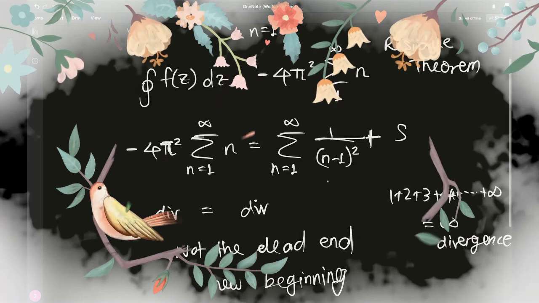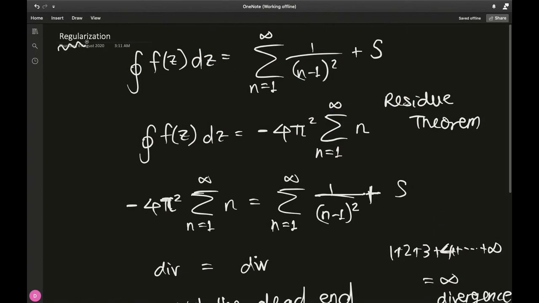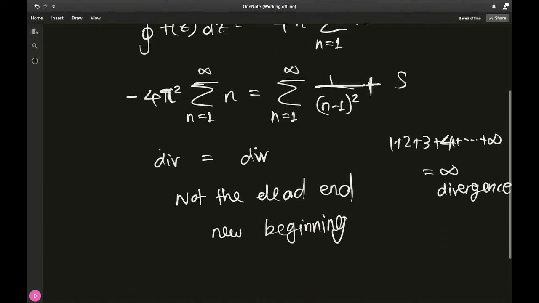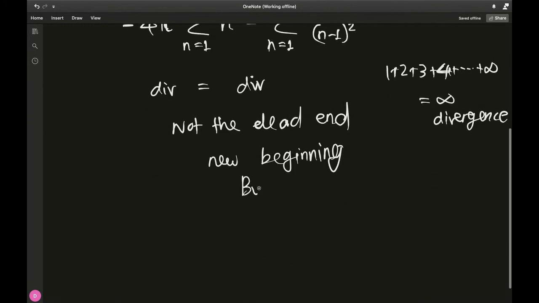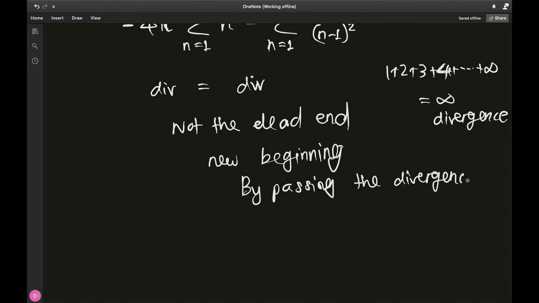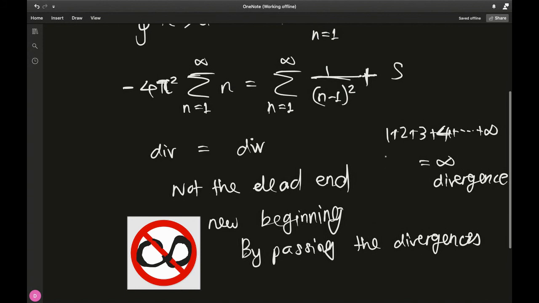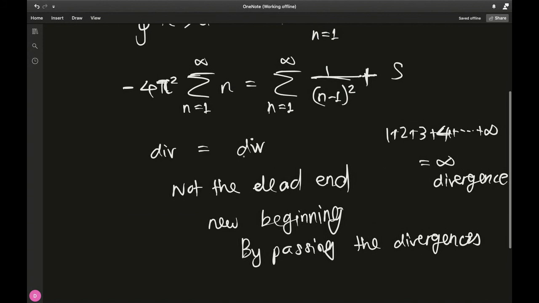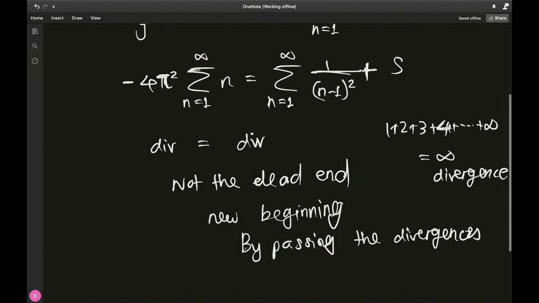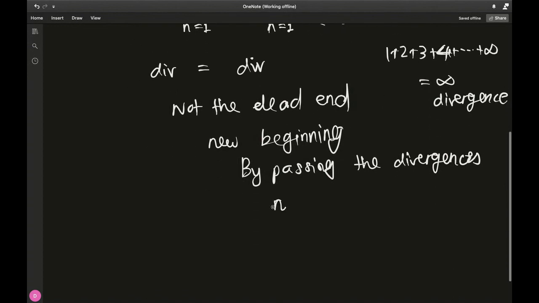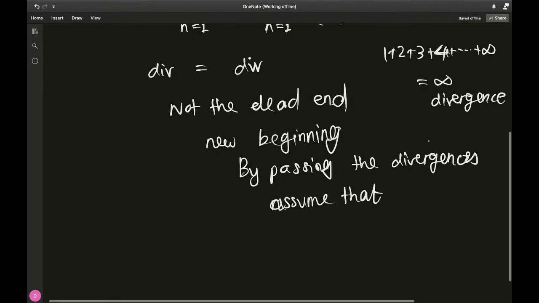That's because if we choose to do something that's called regularization, that's basically bypassing the divergences, we can actually come to a really, really nice answer. So how do we bypass the divergences? So, just neglect or just assume that,